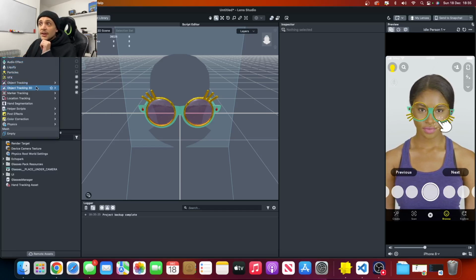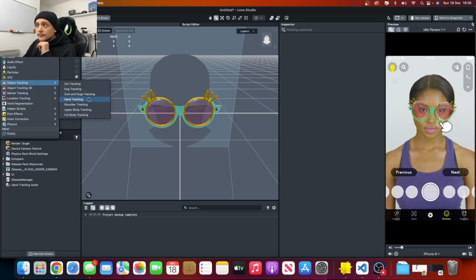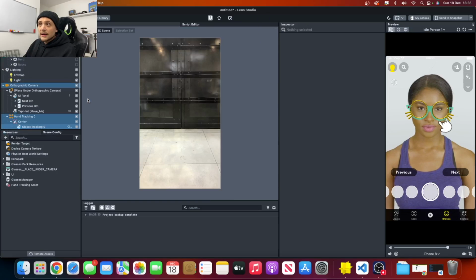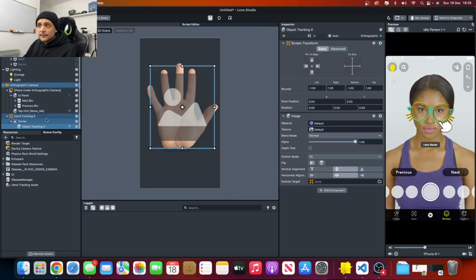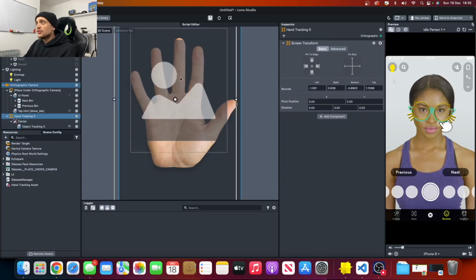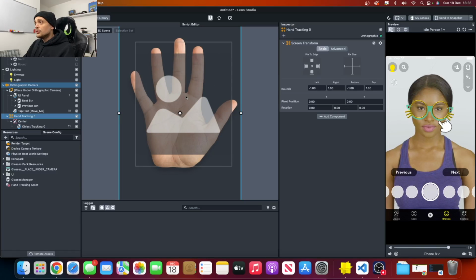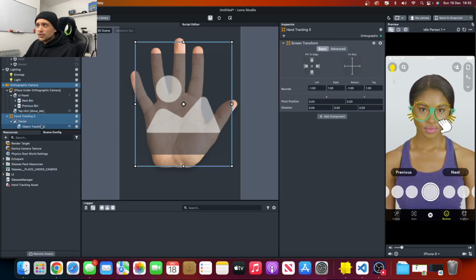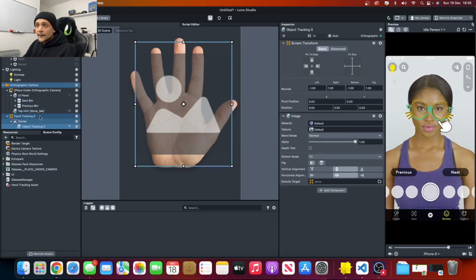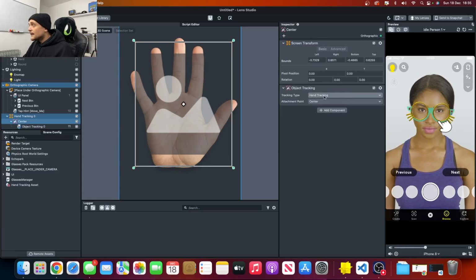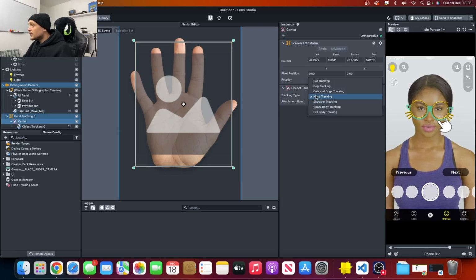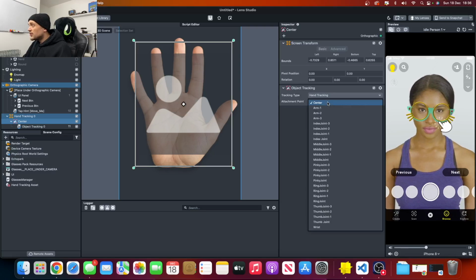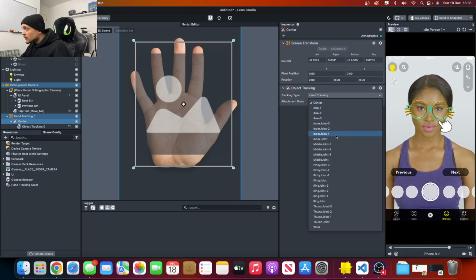So next up, we're going to want to do that hand tracking. The way we can do that is with the object tracking, and we can do hand tracking here. And we have our image here, which is currently just a default image, which is going to track to the hand. But we can't currently see that, and we don't really want to just track to the hand. We want to track to the index finger. So let's go ahead and have a look at the center here. We can see that hand tracking is set to our type and the attachment point is center, but that's not the case. We want our index finger. So we're going to choose index finger,